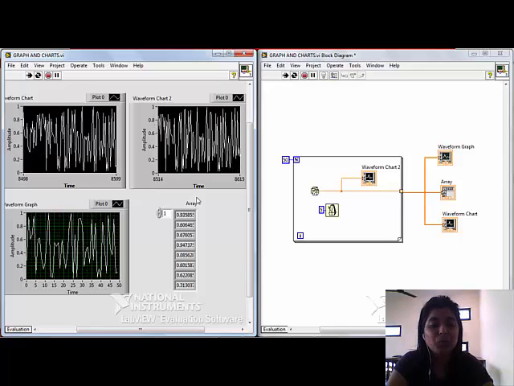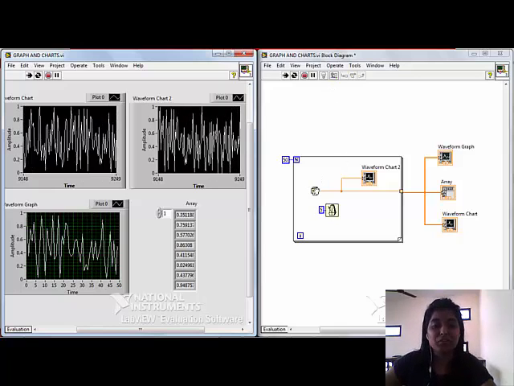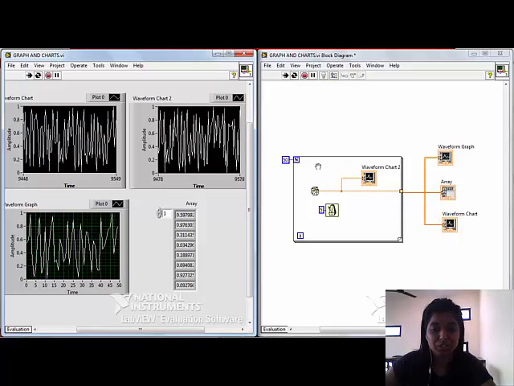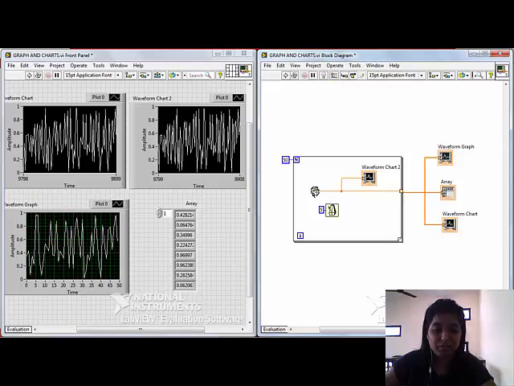When you wire waveform data to a waveform graph, like here my waveform data is my random generator. Okay, I just stop this. When I connect it to the waveform graph or waveform chart, it automatically plots a waveform based on the data, starting with a time and a delay.